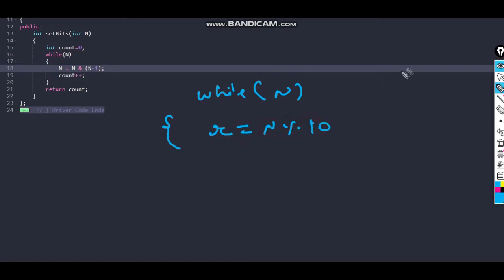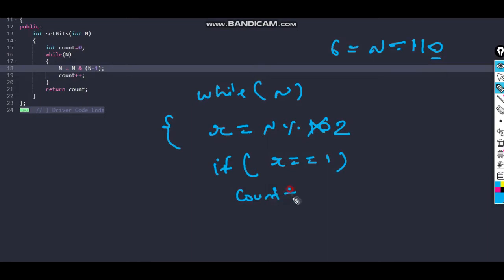Let's say the number is 6. I will not do modulo 10, I will do modulo 2. So 6 modulo 2 is 0, that is, I am getting the last bit. So if r is equal to 1, then I will do count plus plus.